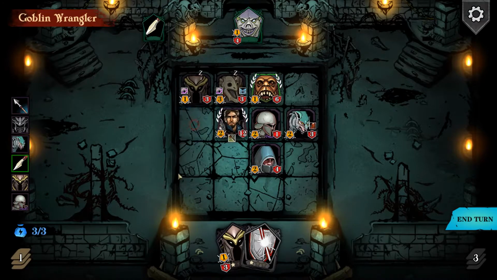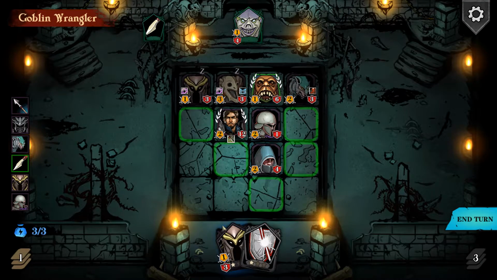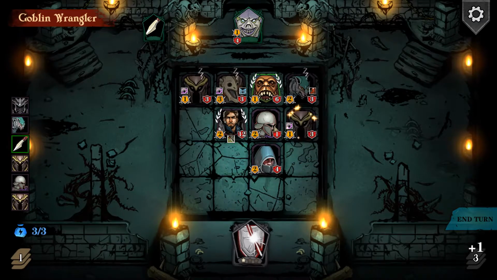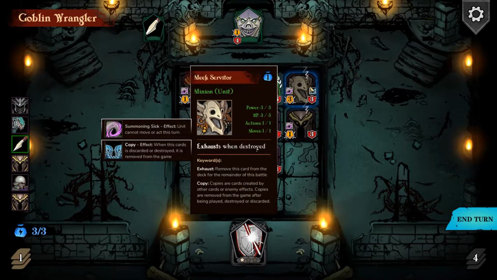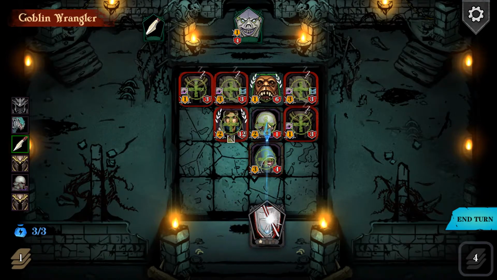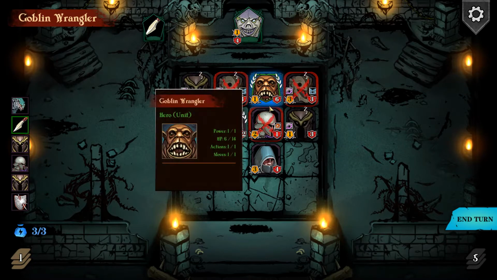Okay, so let's move them like this. And I think I'm going to summon one more, because this only has 1 health. You picked the wrong one. It doesn't matter, we can add block to it. Okay, there we go. So, I think you've basically got the gist of the game, even though we're completely dominating